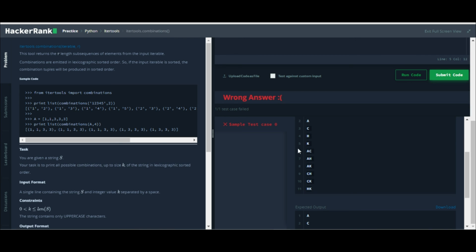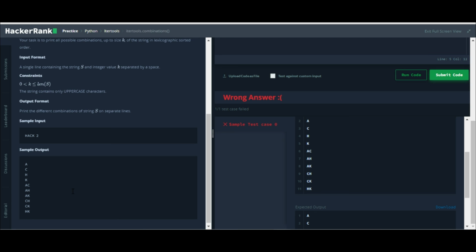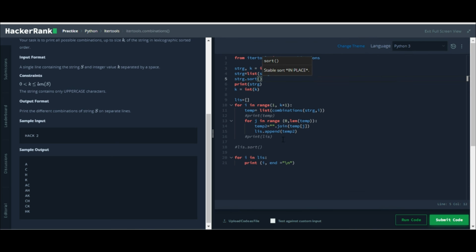See, ACHK, what we had here, AC, AH, AK, CH, CK, HK, right? So how was it making the problem before? First it was making H, then A, then C, and then K, and in the next iteration it was doing HA, HC, HK.